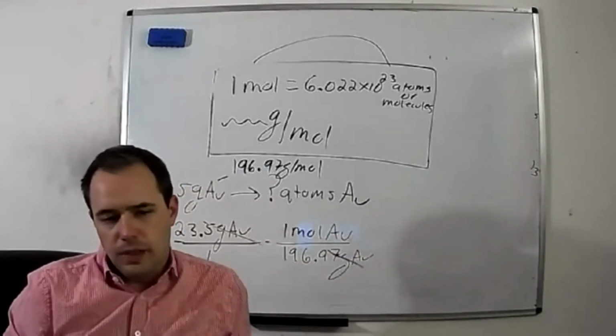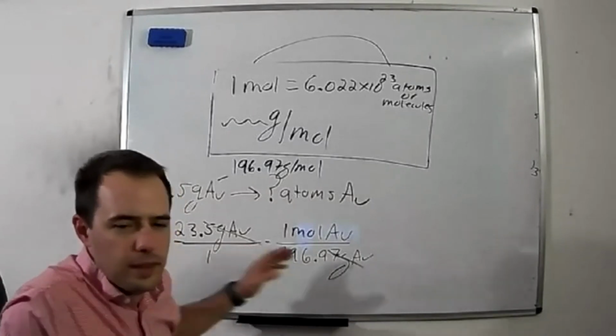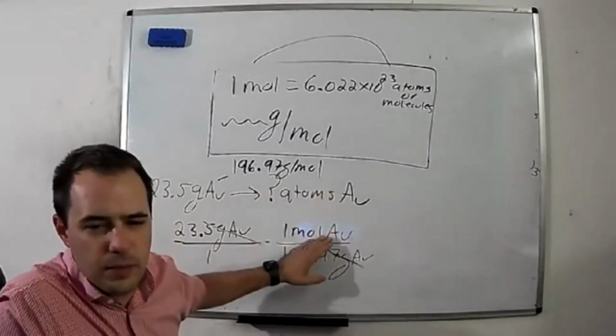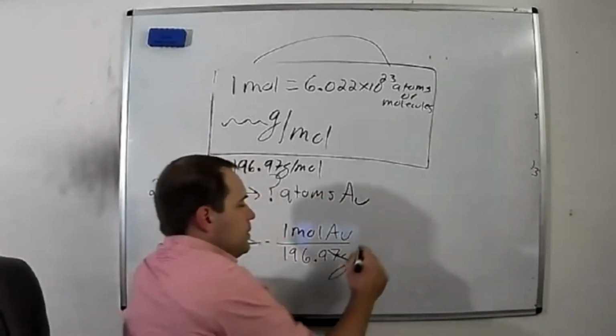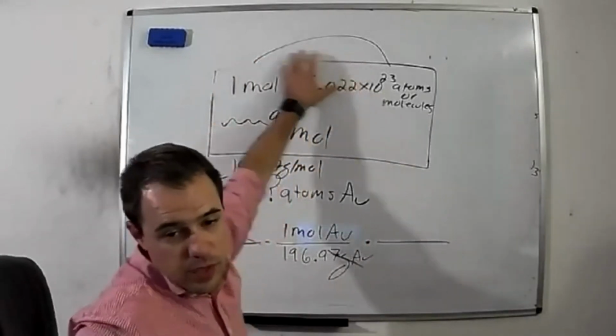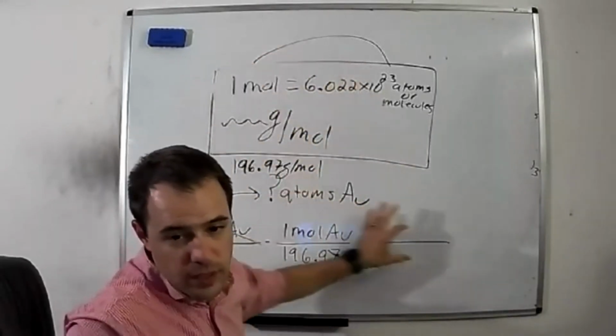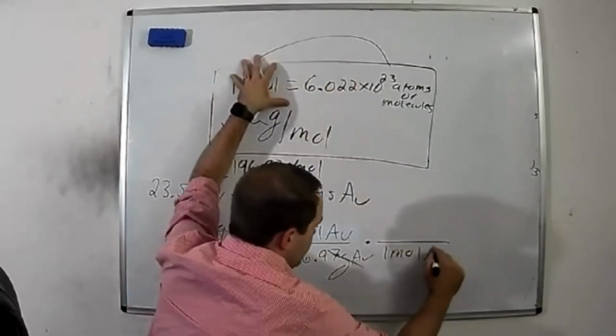Just like in dimensional analysis, don't touch your calculator yet, right? You're not done. I want to get to atoms. I'm only in moles. We got another step. Now that we're in moles, now we can use Avogadro's number. I need moles to cancel out. So 1 mole is going to go on the bottom,